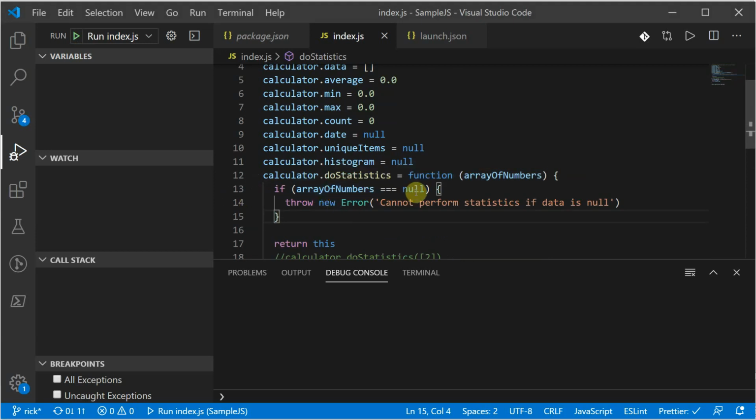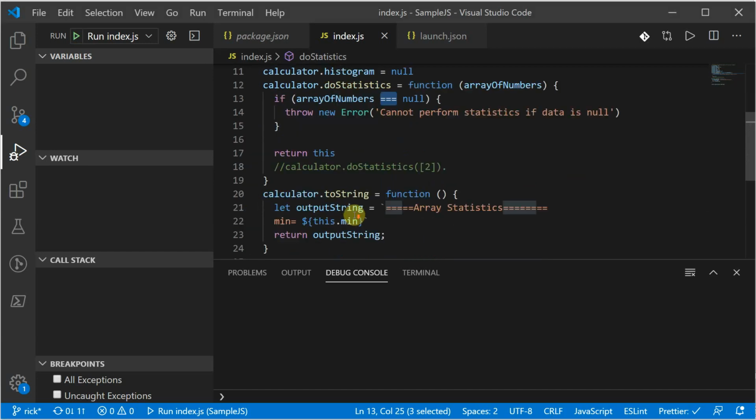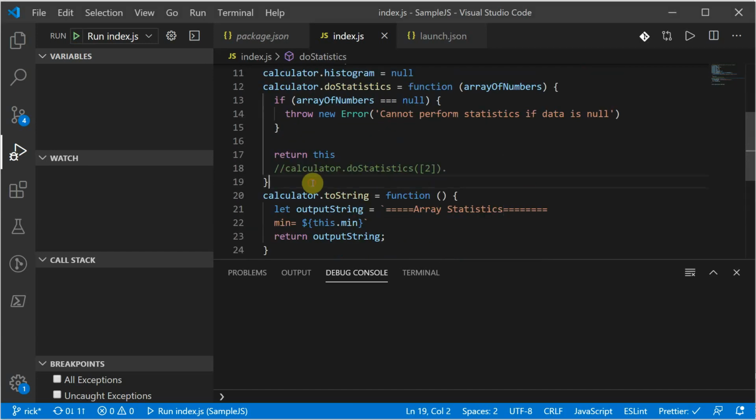So, make sure it's not null. We use the triple equals here to make sure that this array of numbers is specifically not null. And if it is, we will throw a new error object. So this again is a global object, Error, and it just takes a message you can pass in. So if we wanted to test that, we could do something like,